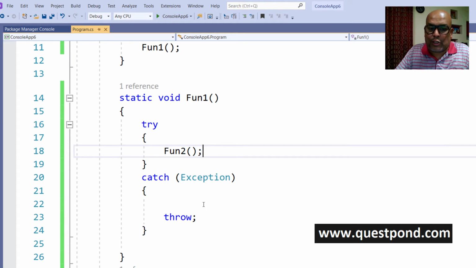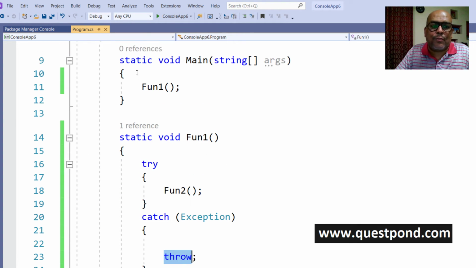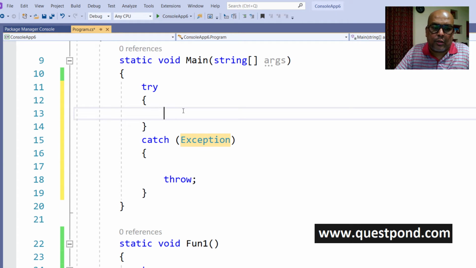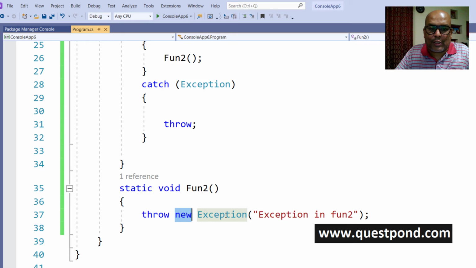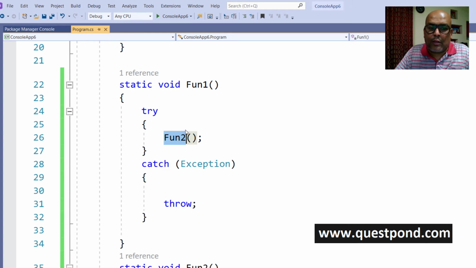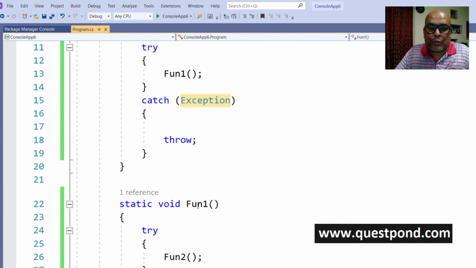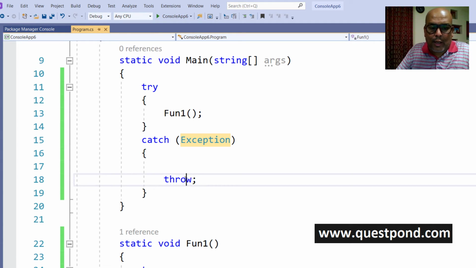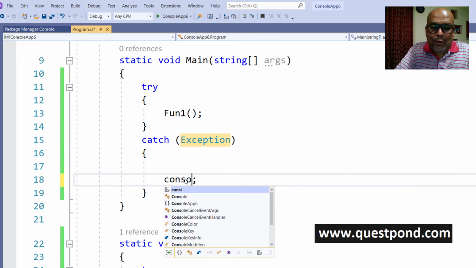And function 1 is also throwing this exception up to main. So here also I will put a try catch block and I will put function 1 out here, right? So function 2 throws up an exception, it goes to function 1. Function 1 throws up the exception and it goes to static void main. So we have three functions: function 2 throwing the exception to function 1, function 1 rethrowing that exception to static void main. And in the static void main, I will display